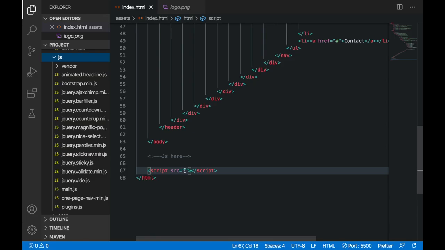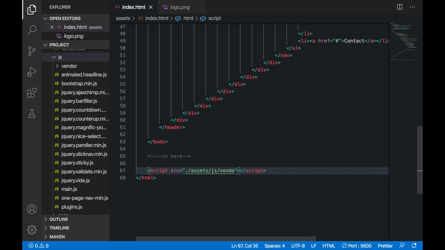The first thing that I have to link is Modernizr, which is going to make our website work on any type of browser. This is just a fix for making it work on any kind of browser. So assets, then inside this JS, then inside JS I am having my vendor folder.